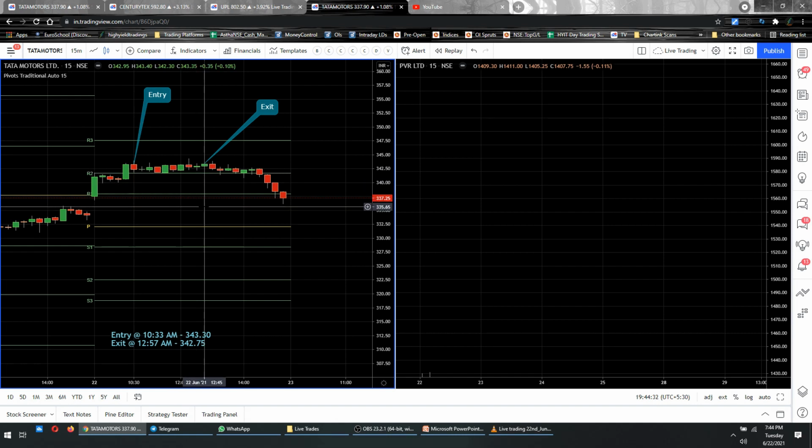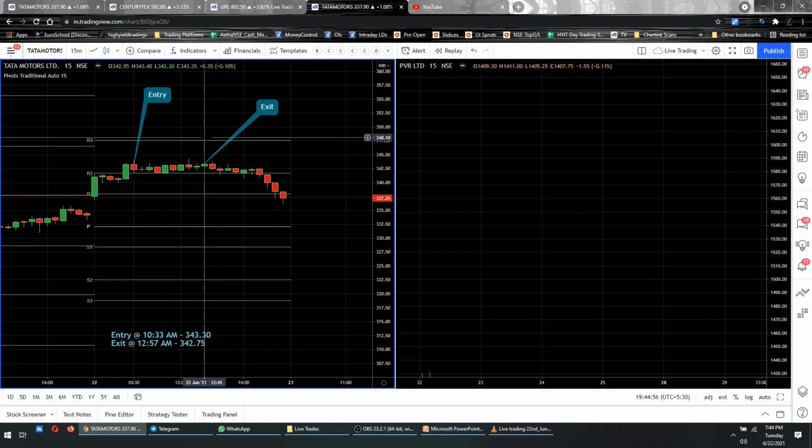That loss was nothing in front of the profit that I had already made. So as I always say, book your losses gracefully. If you see that a script is struggling to go up, just book your loss and come out of the trade. Save your capital. Now, if I would have been rigid that Tata Motors will go up, because it's my technical analysis and my technicals are saying that it should go up,